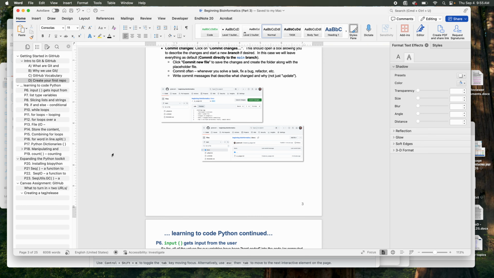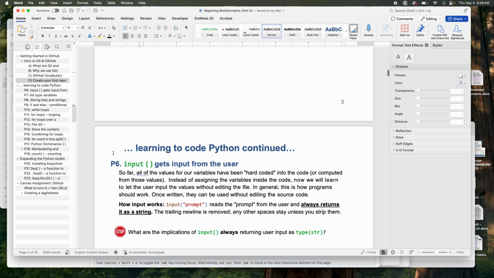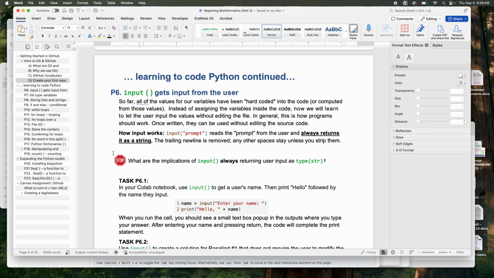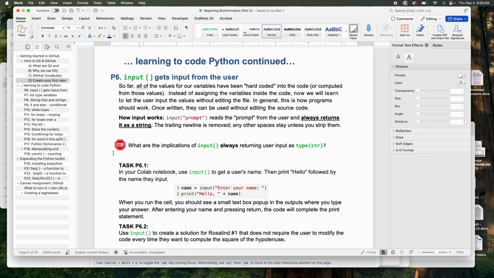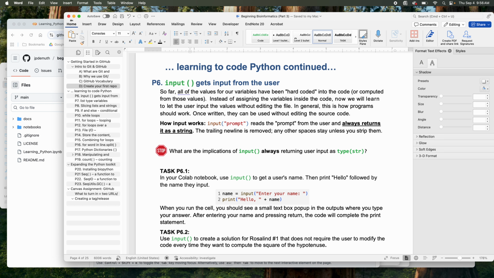Okay, so that's GitHub. You've got your first repo. You're a card-carrying coder now, in case you weren't already. You have your own GitHub repo. All right, so we're going back to Python, and this is where the reason there's a Colab notebook